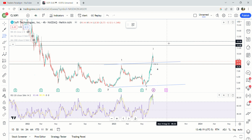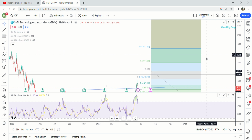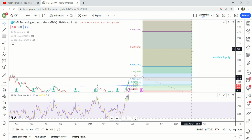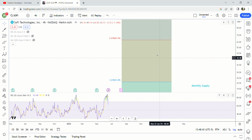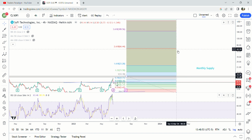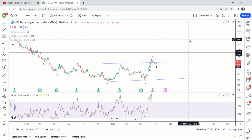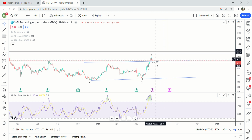So let's say we go to 1220, consolidate down to 820. The move after that, on the arithmetic chart, minimum we're looking at 1709, but the third wave could go all the way up to 25, 32, and then you switch over to the log chart, and you're looking at a minimum of 23 for the 1.61 fib, 66. I don't know about that. 188 seems pretty high, but that's the thing. Those third waves are the ones that are really explosive, and they go past any target that anybody can think is imaginable. So right now we're still just in the first wave, in my opinion,